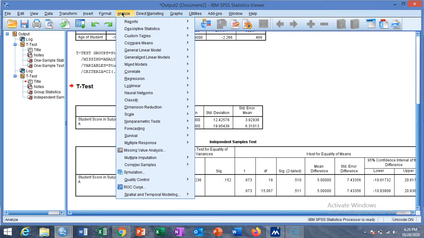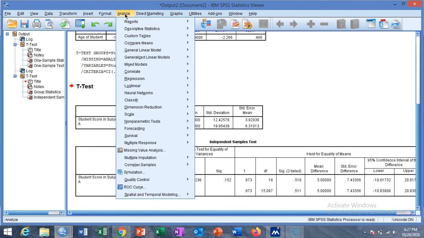For example, we conduct a test on students before a tuition or before conducting a training session, and we conduct the second test on the same students after conducting a session. So we want to see whether there is a difference between the two scores, while the scores were taken from the same student of the same batch before and after a certain intervention.